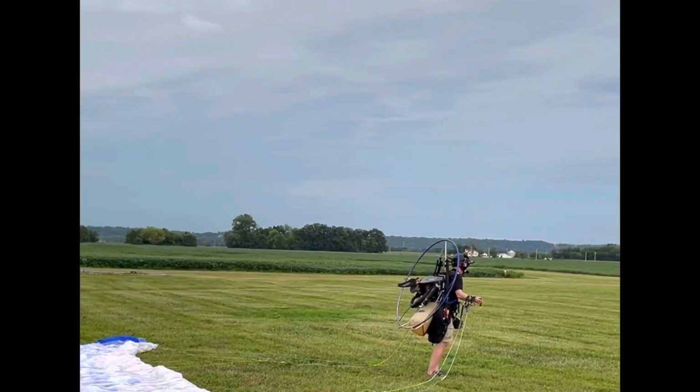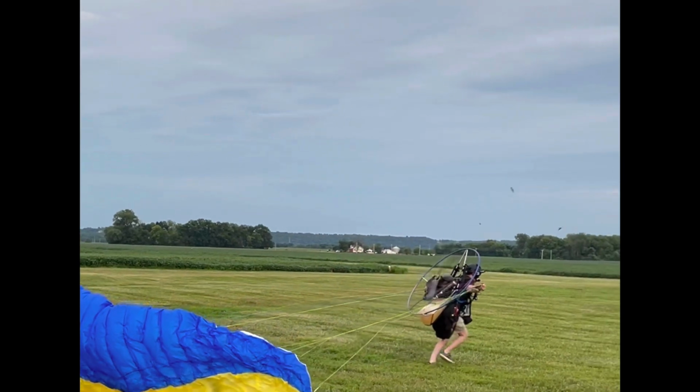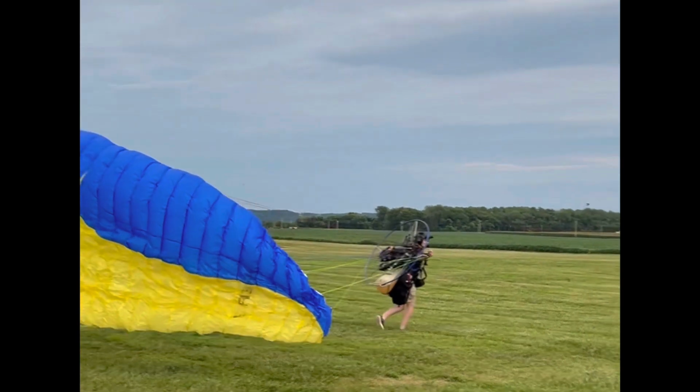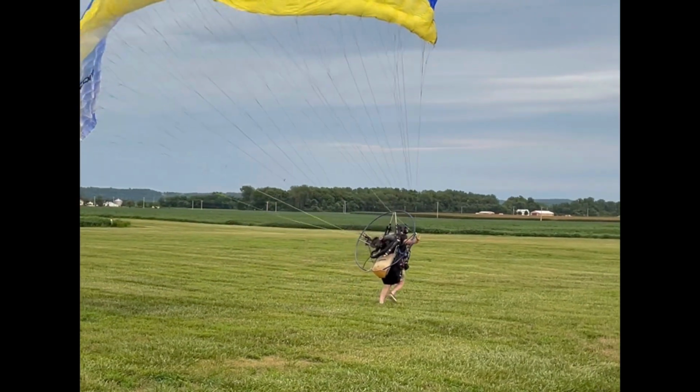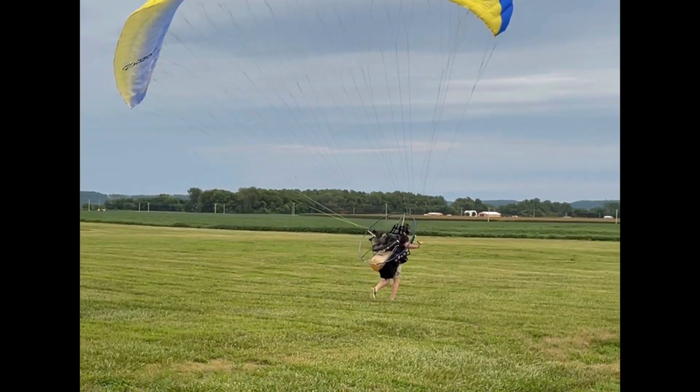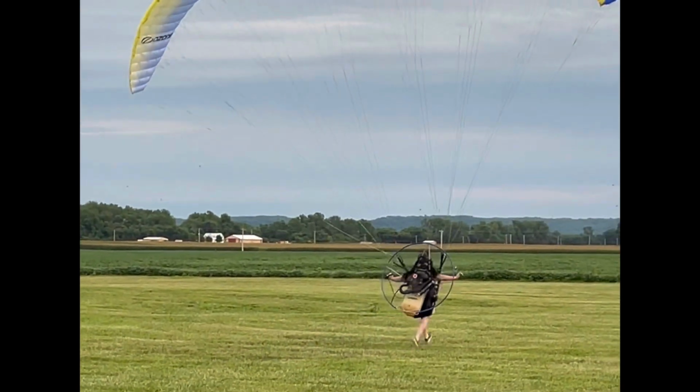Then I'm basically thinking run, run, run, because with no wind, it's all me and the motor getting this thing going. So then I start moving and I power the throttle and I run, run, run. I release the A-lines when the wing is over my head and I go full throttle. I lean back as much as I can as I'm running. In this launch, I'm not leaning back as far as I could be here, but it does the job,